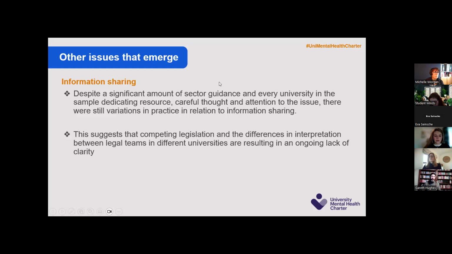So we're picking this up as more of a national issue that we're going to want to push forward on to really try and get to a clear understanding around all of this that's helpful for everyone. It could well be that some of that sector guidance isn't actually correct, given some of what we're hearing from some legal teams. It may be that some bit is slightly misleading. I don't know that, but it's a possibility, and it's definitely something we need to be exploring more.